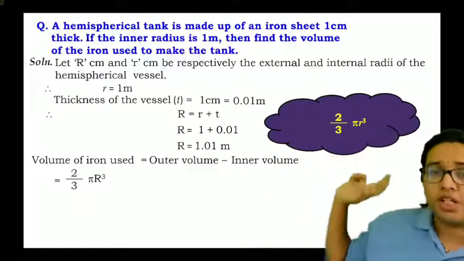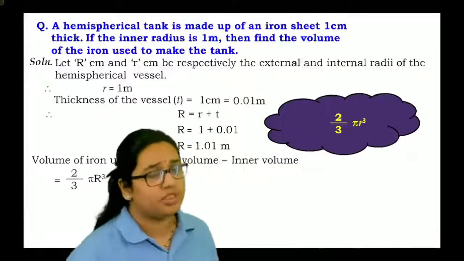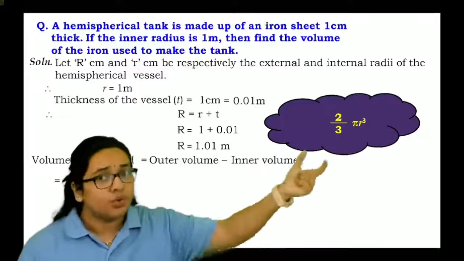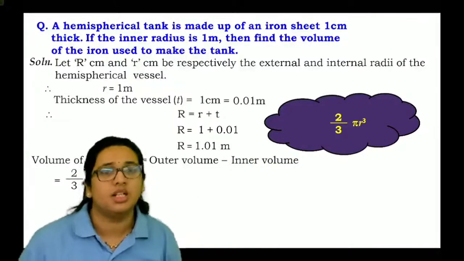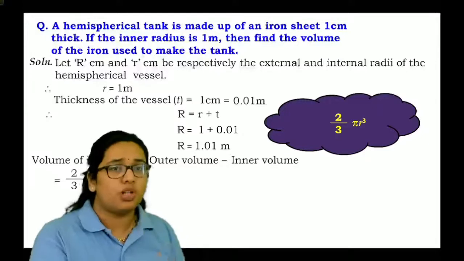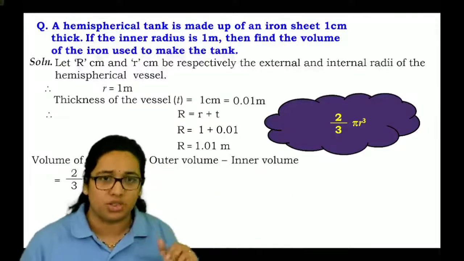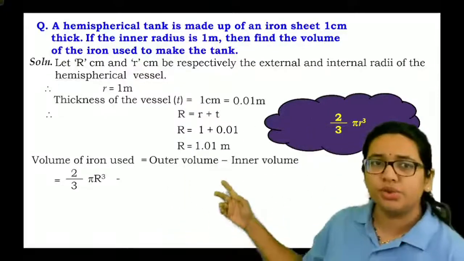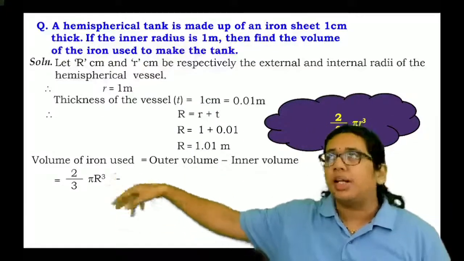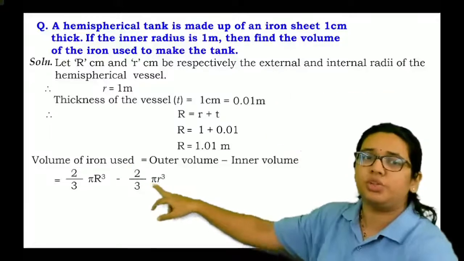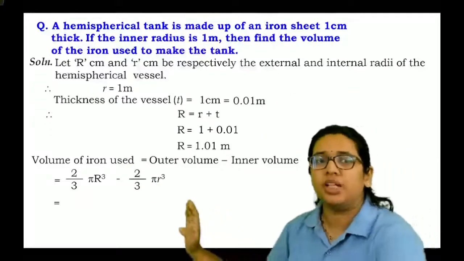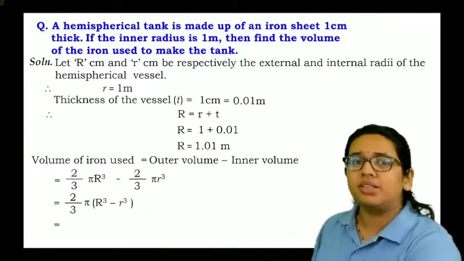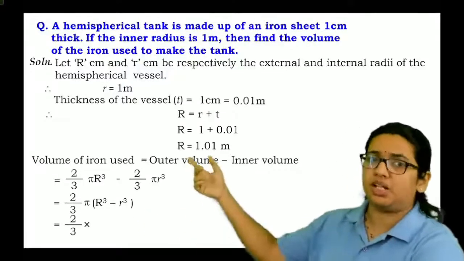The formula for the volume of a hemisphere is nothing but 2 upon 3 times pi r cube. That formula will remain the same. The only case is that for outer volume you will use the outer radius, for inner volume you will use the inner radius. So 2 upon 3 pi capital R cube minus 2 upon 3 times pi small r cube. So we can take 2 upon 3 pi common from it. So R cube minus r cube. But we know that capital R was something